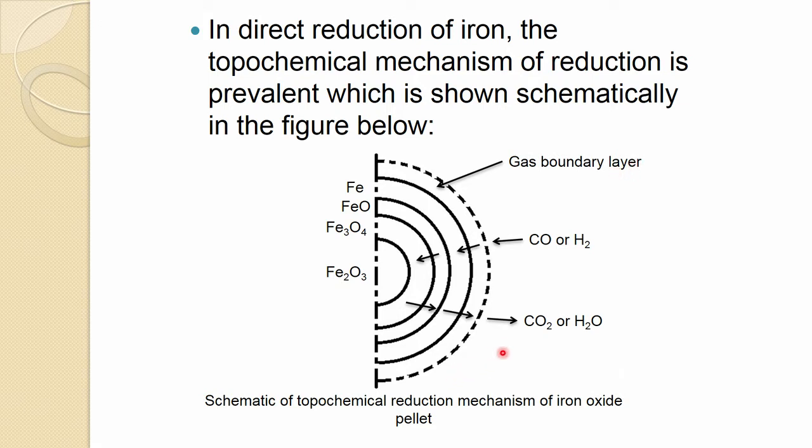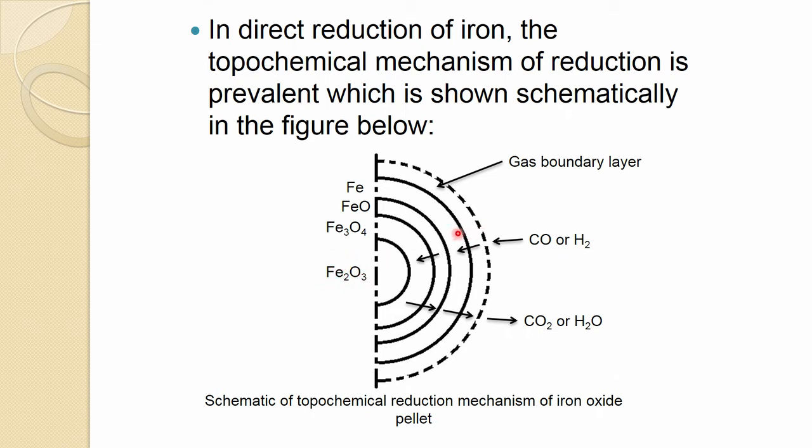When reducing gases are flowing over the surface of the particle, the gas sticks to the surface, and just near the surface of the particle the gas exists at very low velocity, and usually you call that a boundary layer. And then, because the gas contains CO or hydrogen, it immediately reacts with the